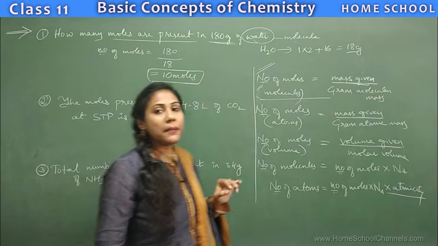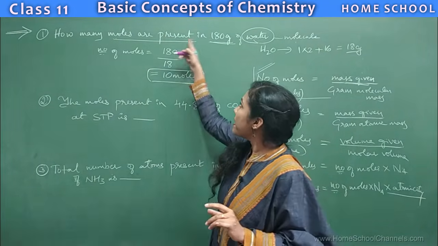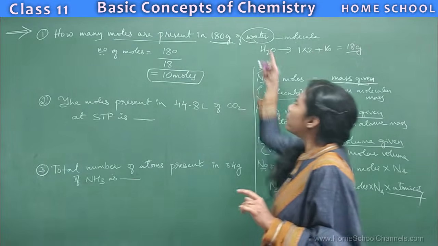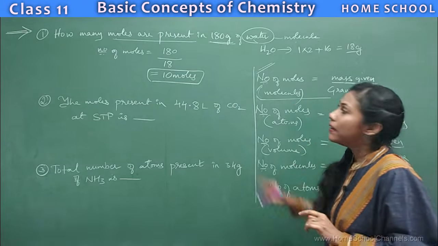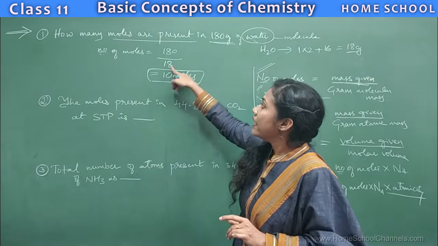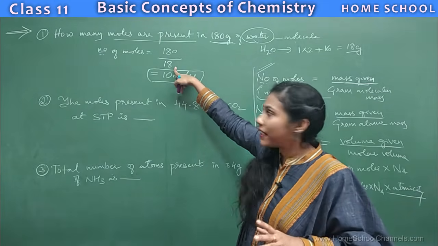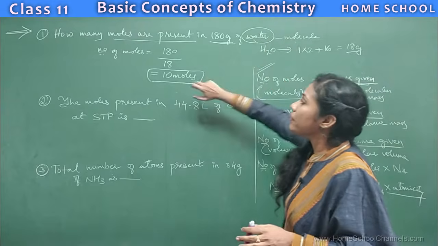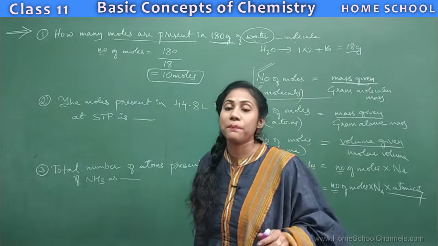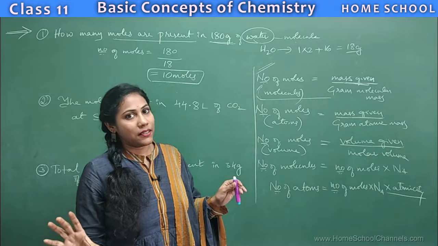So this is a very basic question actually. Clear? So the number of moles present in this much gram of water. Water is a molecule, so the first formula you have used there: mass given in the question, divided by gram molecular mass. See, in the question, they will not give the molecular mass. You must calculate and substitute. So you must know how to calculate the molecular masses.